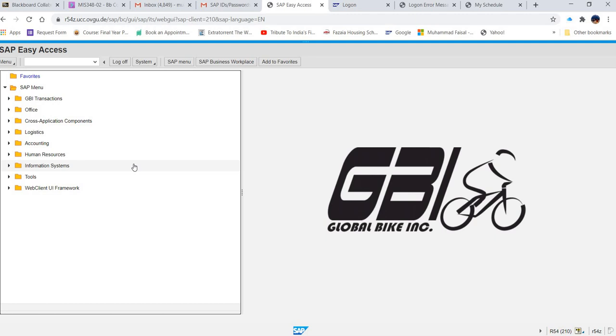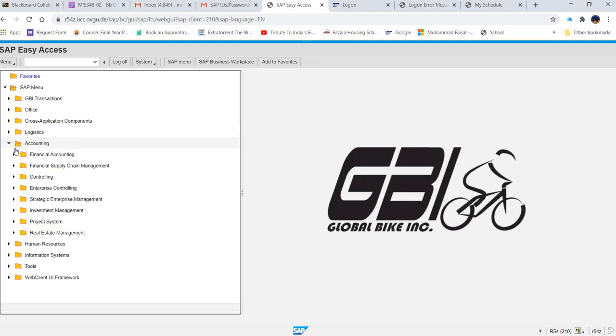folder, so that initially when you are new there are so many folders, it may confuse you. So what I will suggest is that whenever you close down one transaction, close the whole path, so that you should not be confused. Otherwise sometimes we get lost, like I lost it last time with this transaction. So accounting and finance. Now again we have to click on accounting. Under the accounting, this is financial accounting.